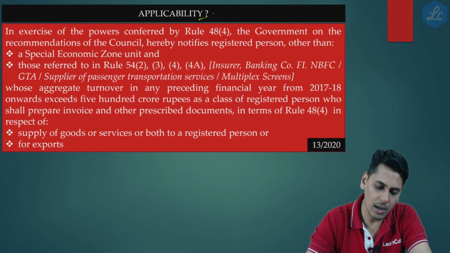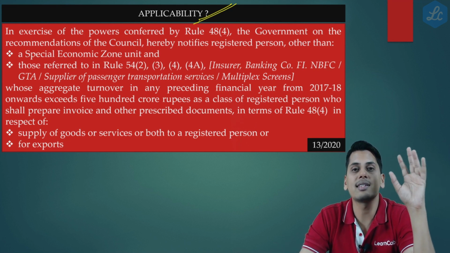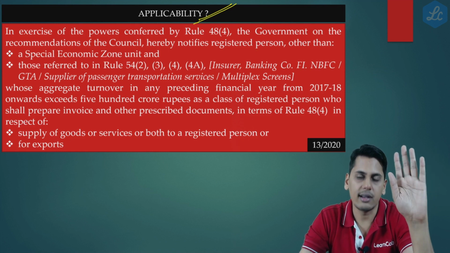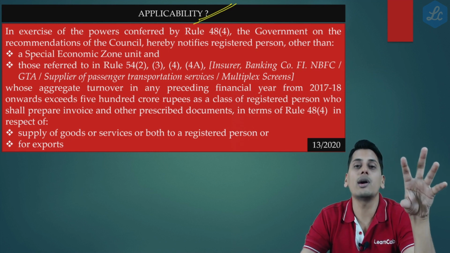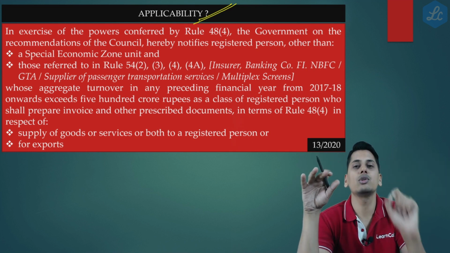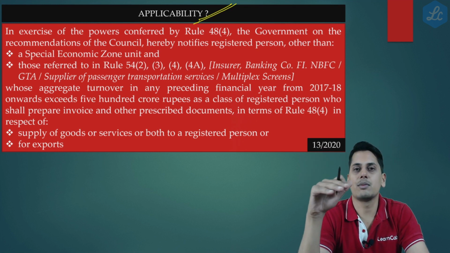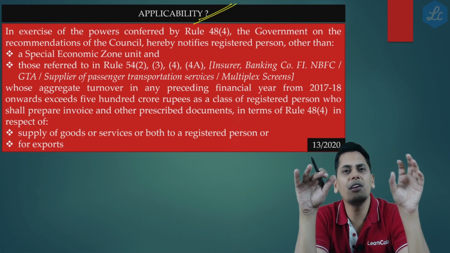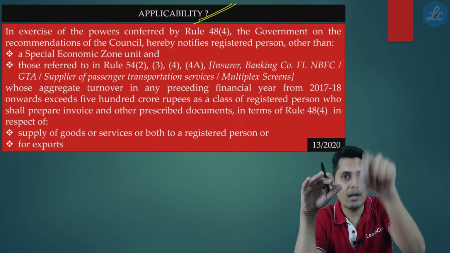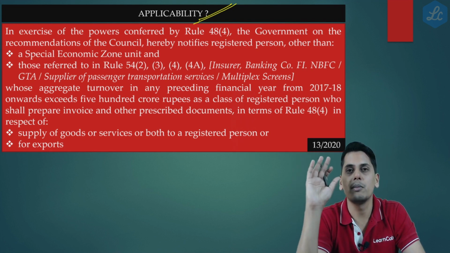So now we go, friends, to applicability. So far what we have seen, let's stop for a moment. We started with contents of tax invoice. Contents of tax invoice told you that the tax invoice shall contain a QR code having an embedded invoice reference number in it in case the invoice is issued in the manner prescribed under 48 sub rule 4. On reading 48 sub rule 4, it further told you that for notified persons, the invoice shall be prepared after obtaining an invoice reference number from the common portal. We have seen what the common portal is.